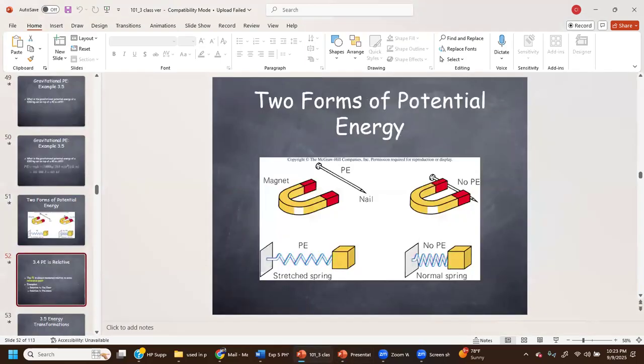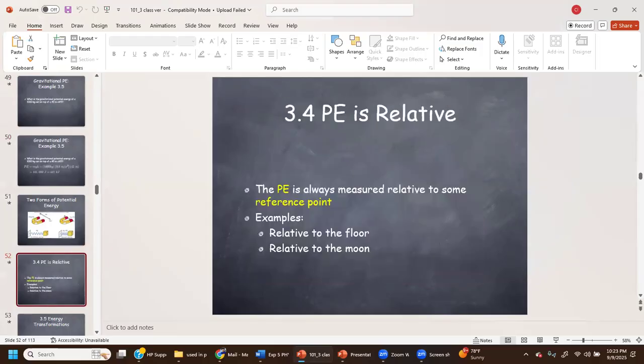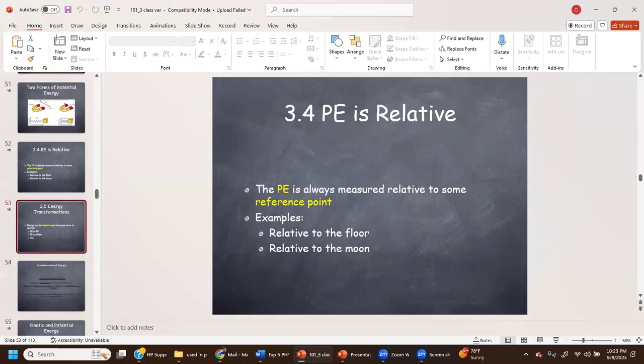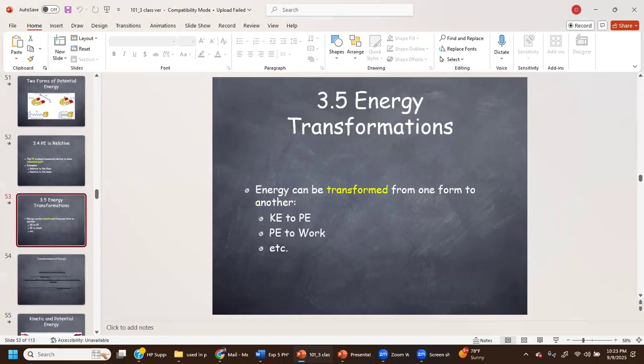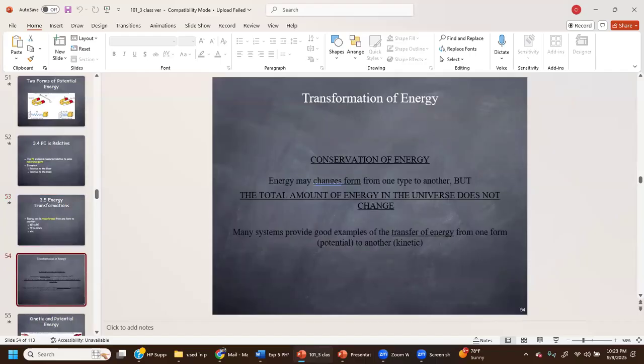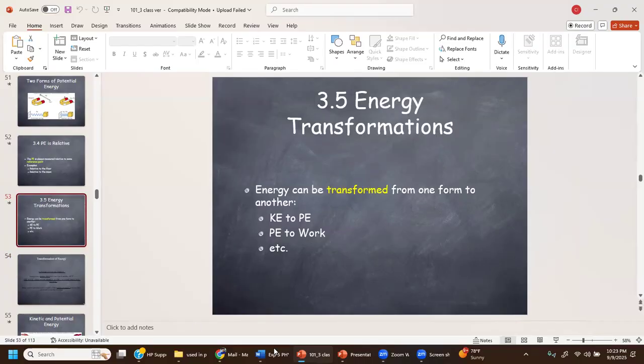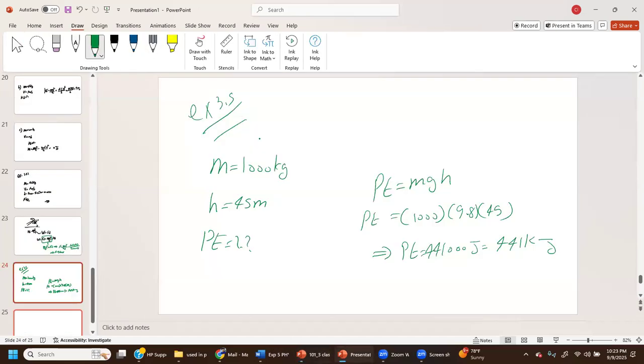Now, the potential energy is always measured relative to some point, whether relative to the moon or relative to the floor, etc. Now, energy can be transferred from one form to another. It can go from kinetic to potential, potential to work, etc. Now you cannot create energy, but what you can do is transform it from one to another, and that's what we talk about,